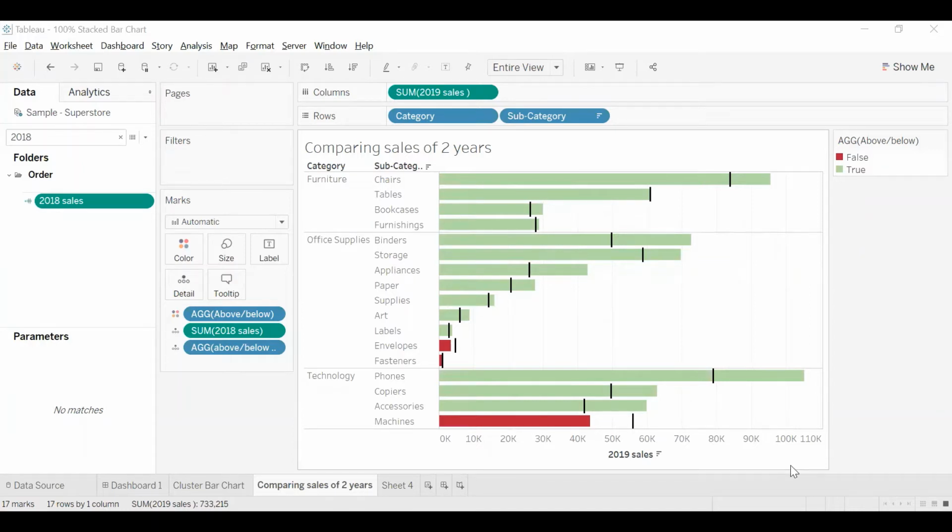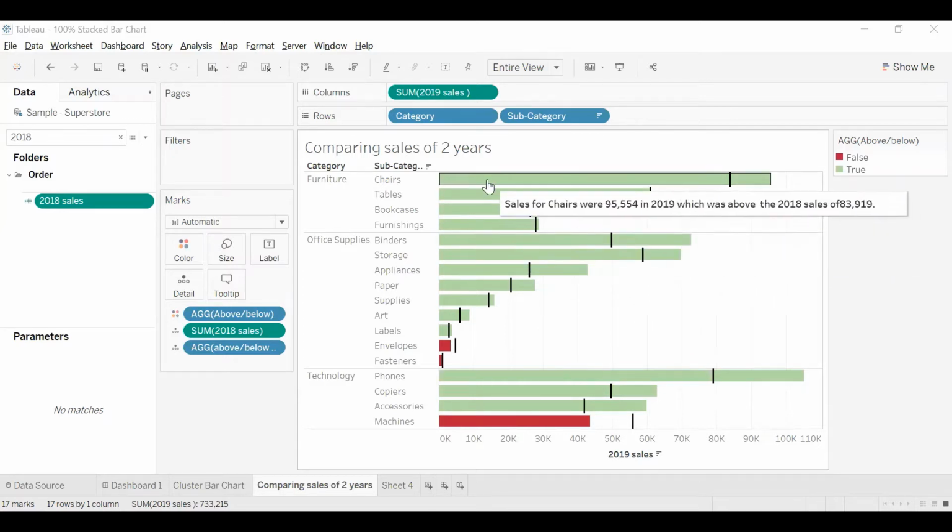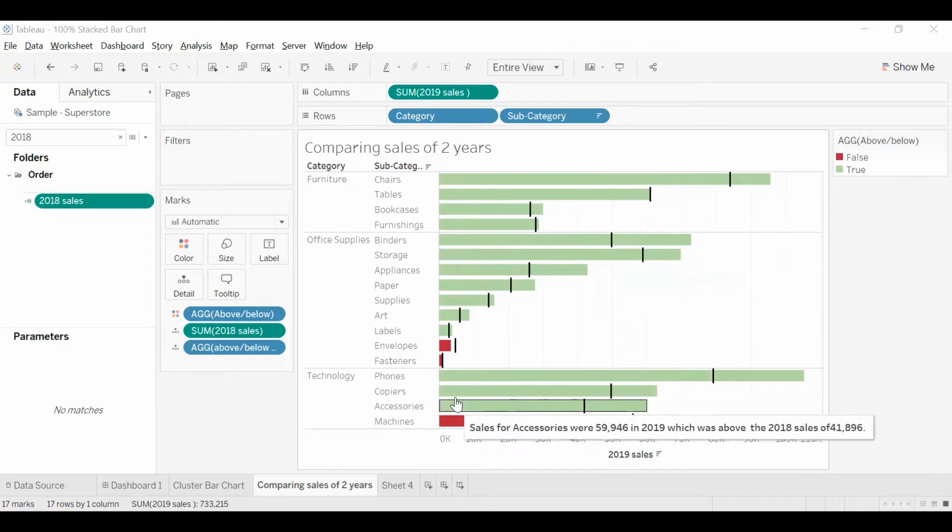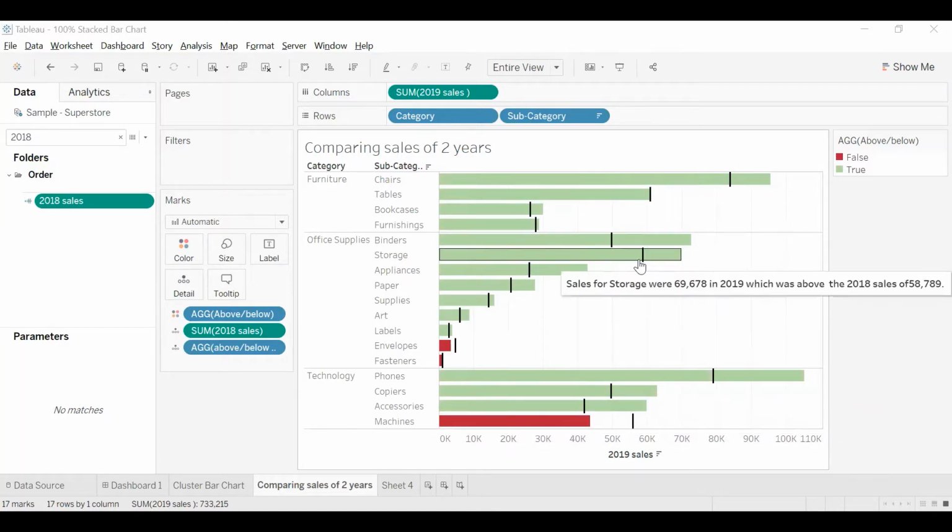So in today's Tableau tutorial, I'm going to share something new with you guys. It's about comparing the sales of 2 years using a normal bar chart as well as trend lines, and then coloring them basis whether they are meeting the 2018 sales figure or not. So practically, it's just putting across the sales of 2019, comparing or benchmarking them with the sales of 2018,